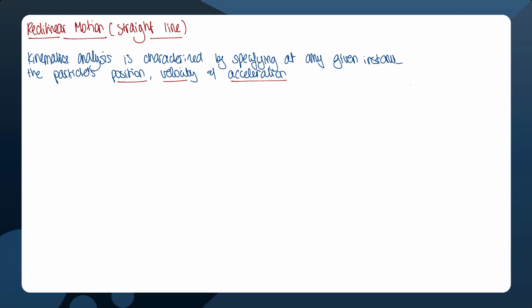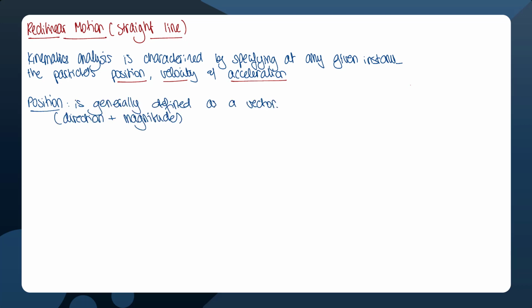So let us start first by describing what a position is in a strict sense. Position is generally defined as a vector, so it has a direction and a magnitude. If you look here on the image which is on the right, you can see that the object, which is highlighted in red,